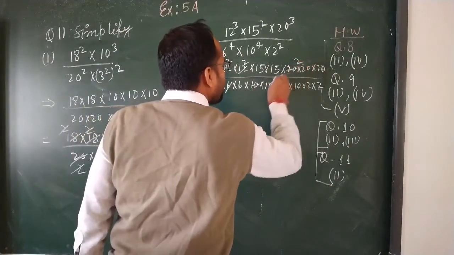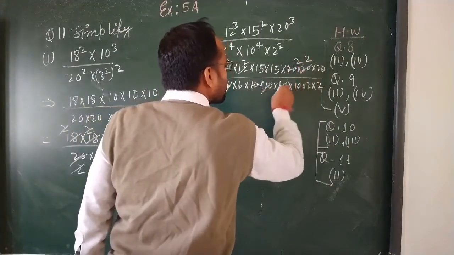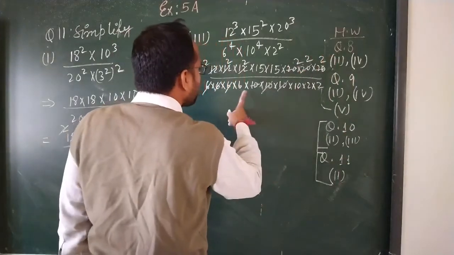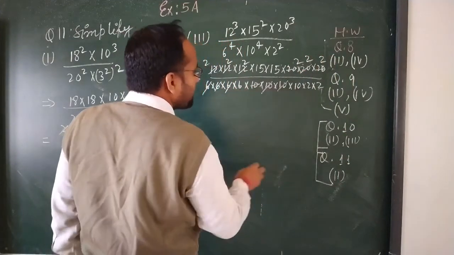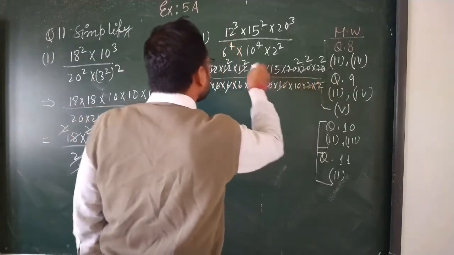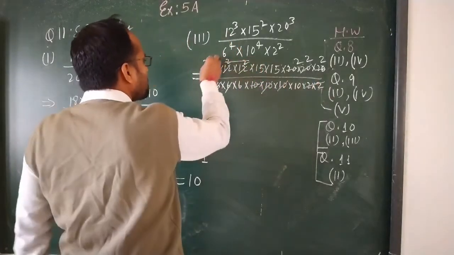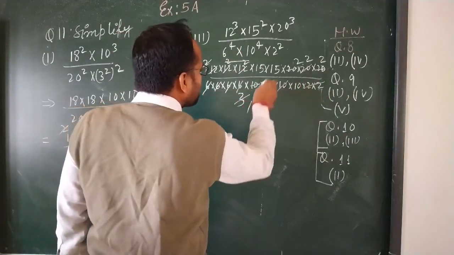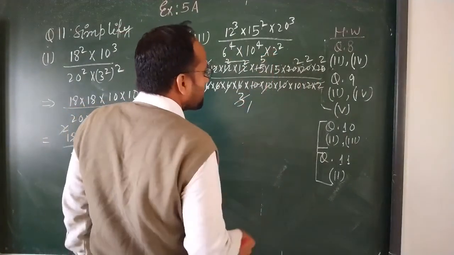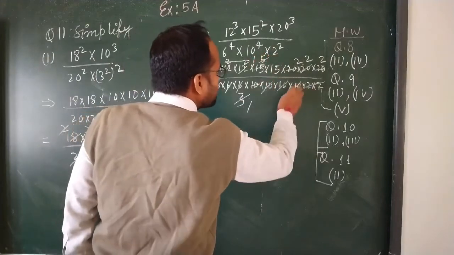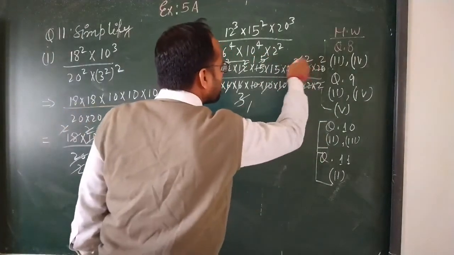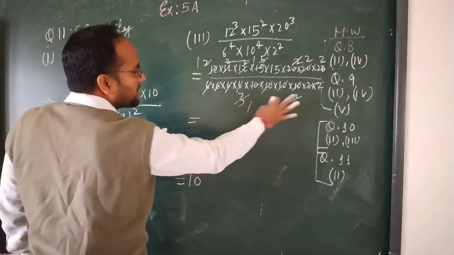10 to the 20. Okay, 1 10 is remaining. Okay, here 1 6 is remaining, and there is 2 2. So 2 2 is cancelled out with this 2. 2 1s are 2, 2 3s are 6. Okay, 3 1s are 3, 3 5s are 15. 5 1s are 5, 5 2s are 10. So 2 1s are 2, 2 is cancelled out. So in the denominator nothing is remaining.